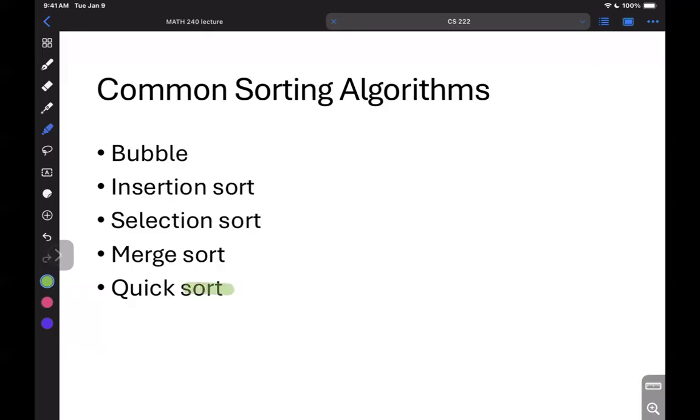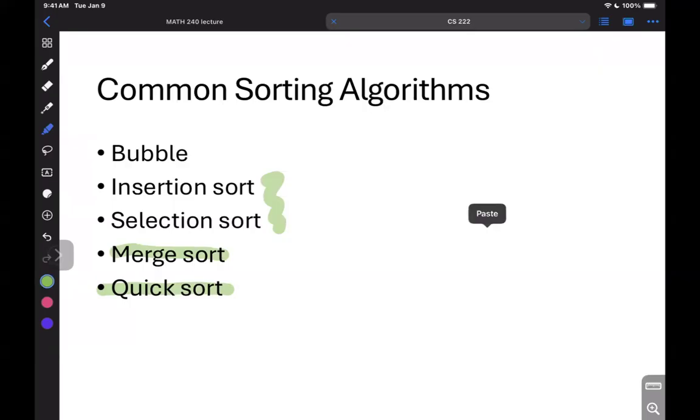Quicksort is generally regarded as one of the better ones. TimSort is the best, last I checked, and it's kind of a play on Quicksort. MergeSort is also quite decent. Insertion and selection are decent. Bubble is not, but we'll discuss that. Okay, so if you want to pull up the sorting algorithm cheat sheet,